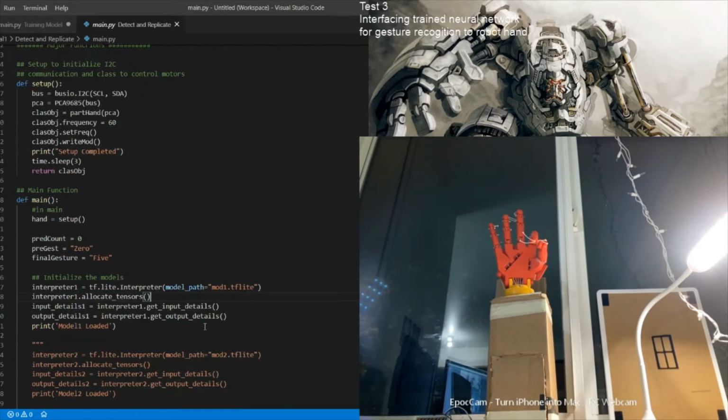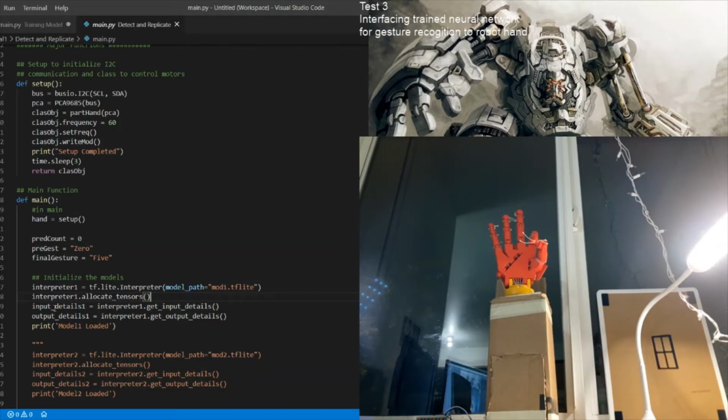Previously we had this .h5 model file which we trained and saved. But as I said previously, H5 takes too much computational power and is slower, so we converted to TF-Lite. This is the method for loading those TF-Lite files.